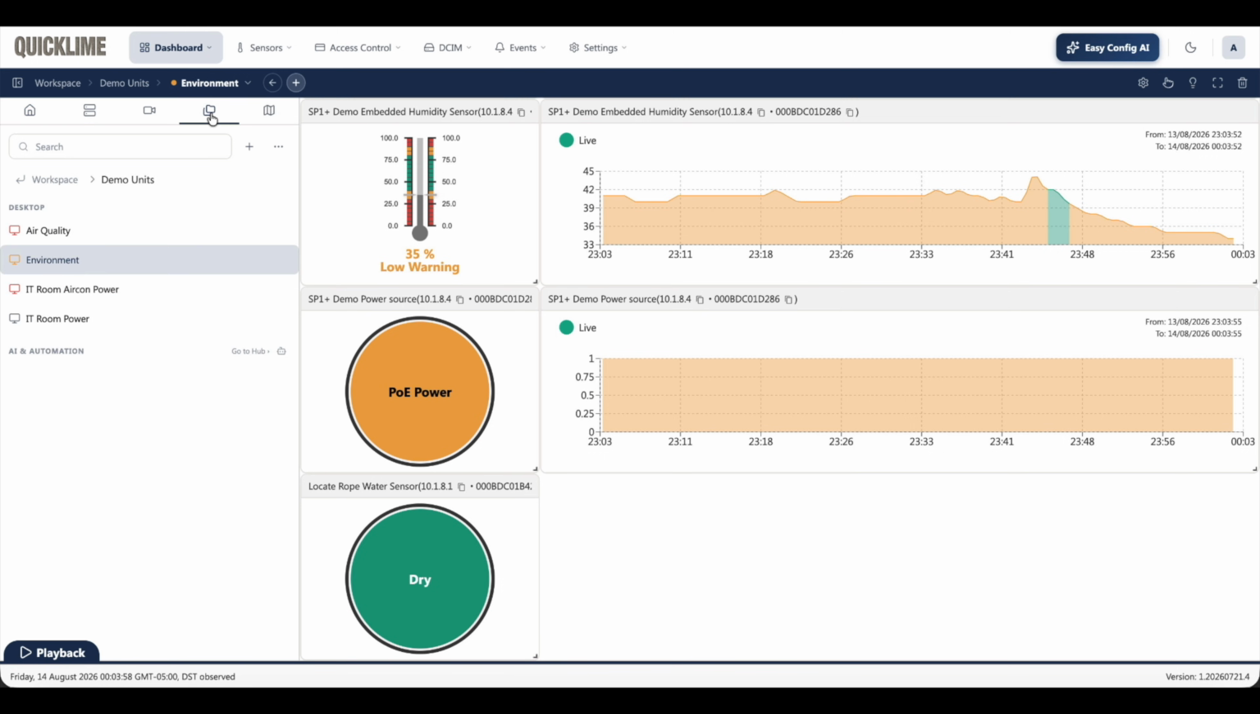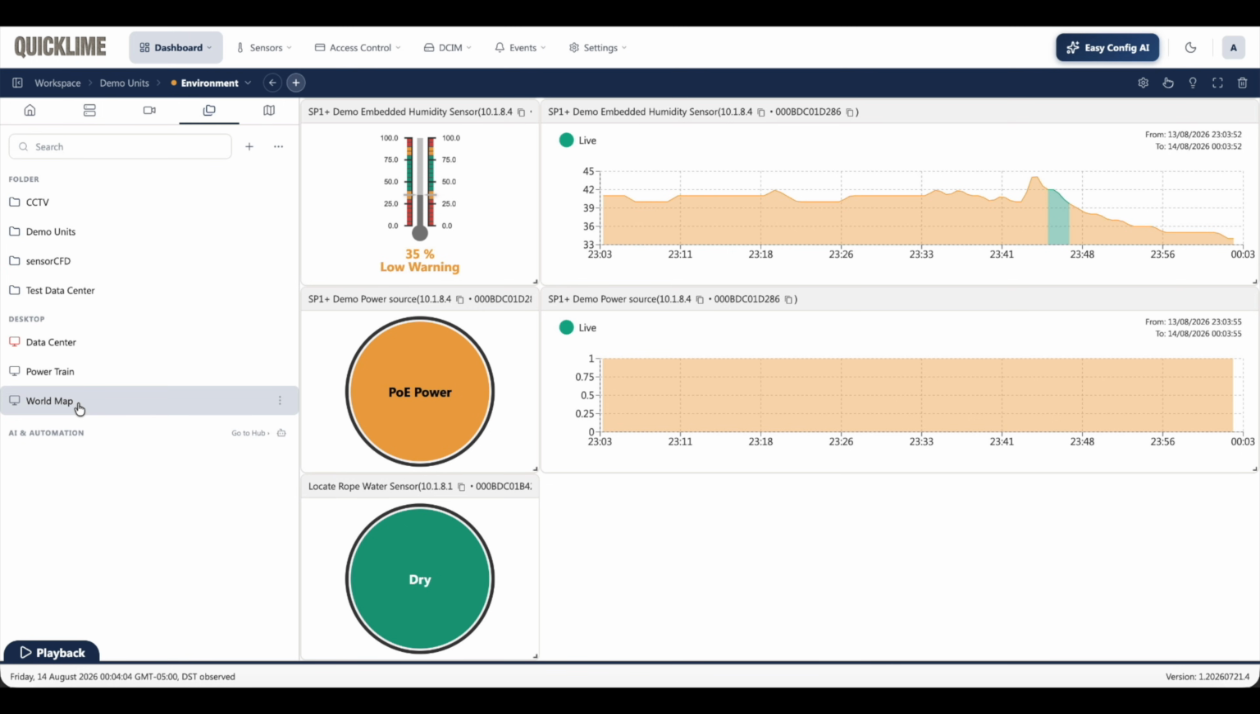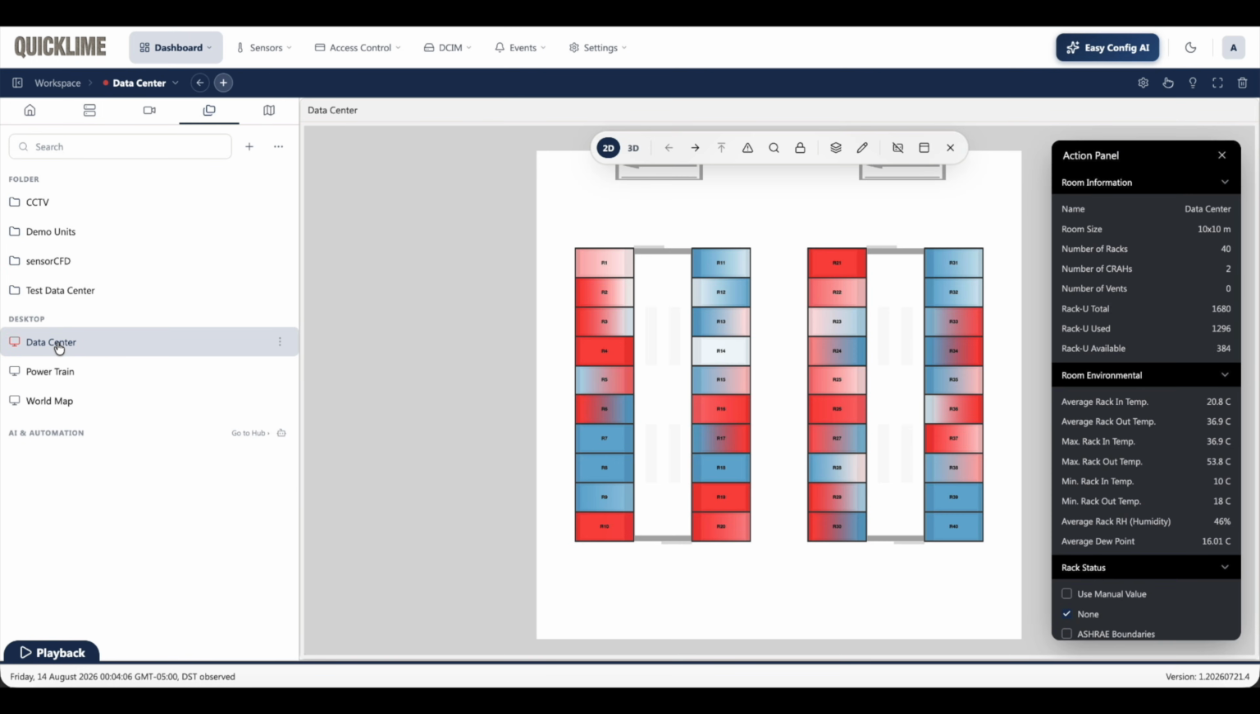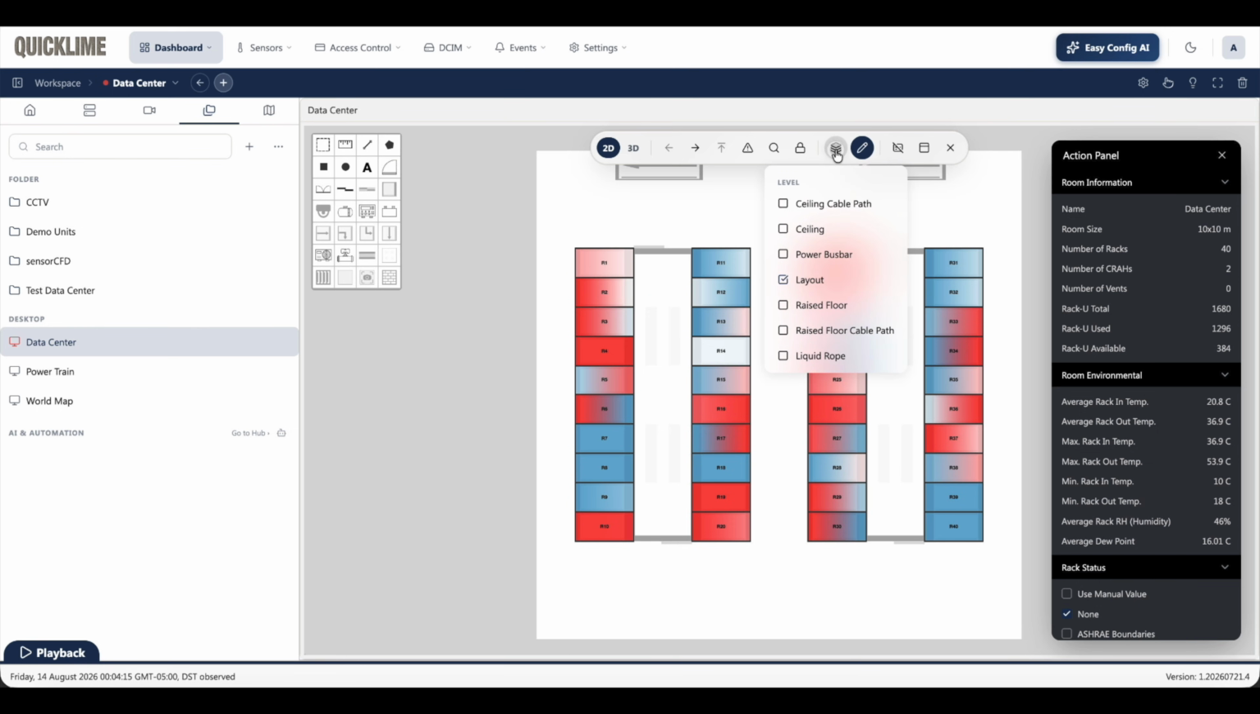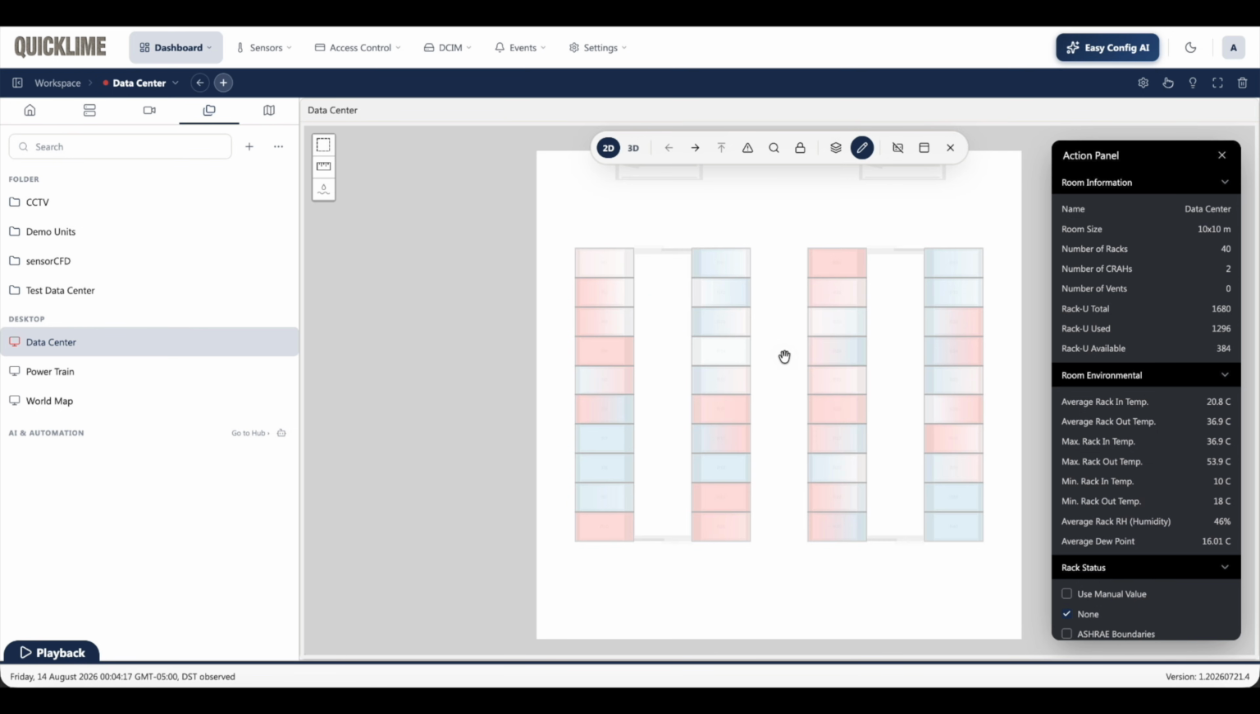So we'll go over to our floor plan of the data center. So we have a floor plan over here. And we're going to draw on here our rope water sensor pathway. So we'll go into map editor mode, and we're going to switch our layer to the liquid rope layer. Now our rope is 12 meters long, so I'm going to need to draw a 12-meter